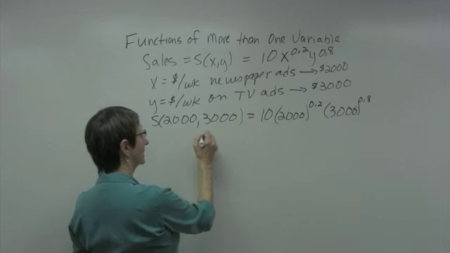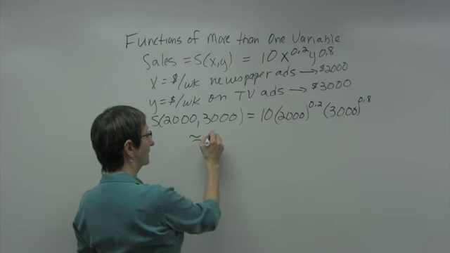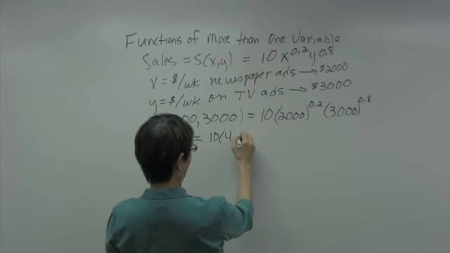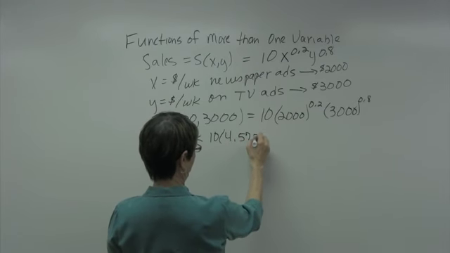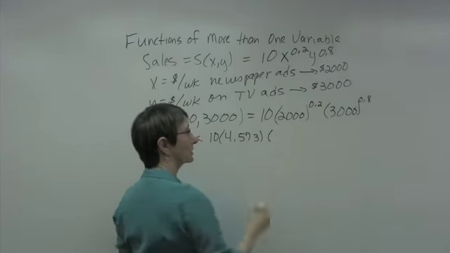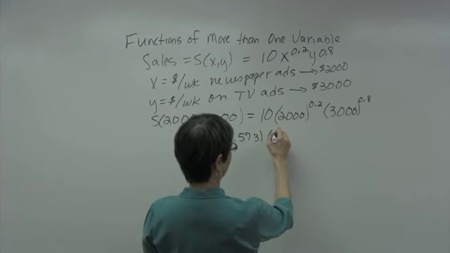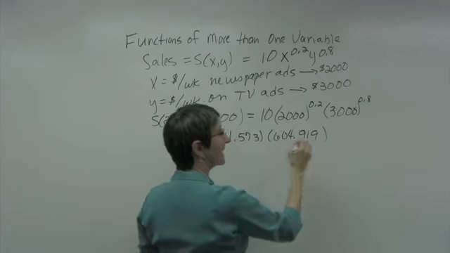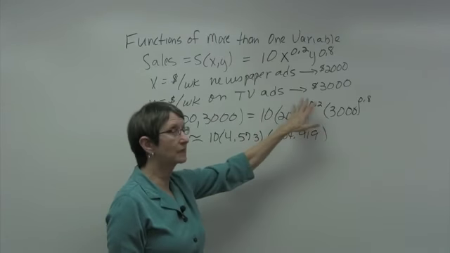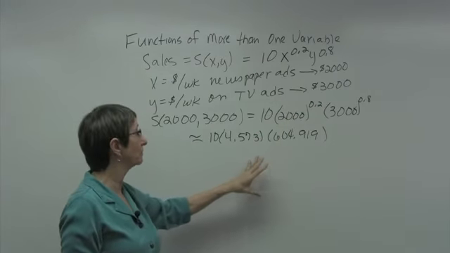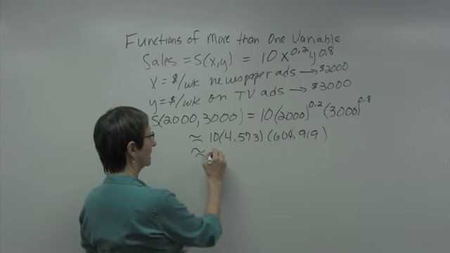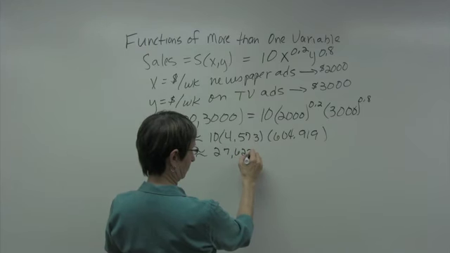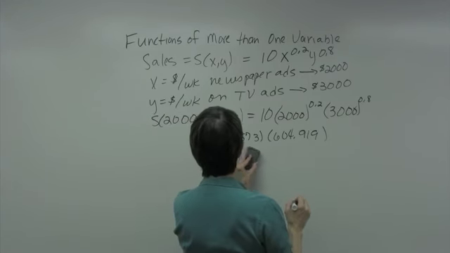So put these numbers in, I get approximately 10 times 4.573, that's 2,000 to the 0.2, times 604.919. You should be sure to check those to be sure that you get the same numbers. And that turns out to be approximately 27,662